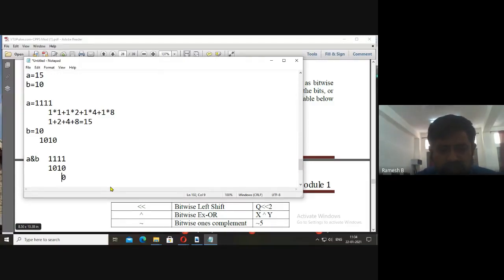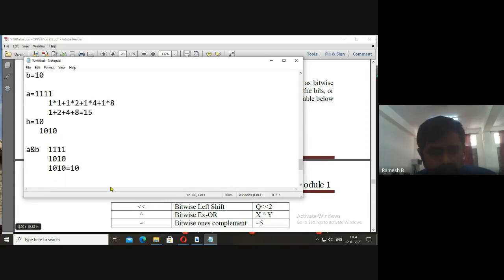Similarly 1 and 1 is 1, 1 and 0 is 0, and the last 1 and 1 is 1. So the result we get is 1 0 1 0, so A and B will be 10. We can even write 15 and 10 is equal to 10.